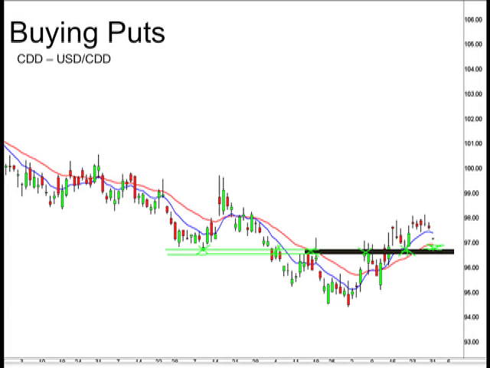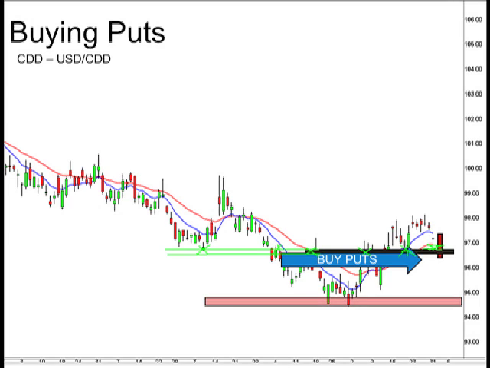But if it breaks, well, then now we have an opportunity to take advantage of a close below that support level, and a possible continuation to the downside. So once we see that close below that key pivot point and that key support level, well, we can step back and we can say now we have our signal to buy some put options, and we can step back and we can use the concept of support and resistance and identify a price target or a pair value